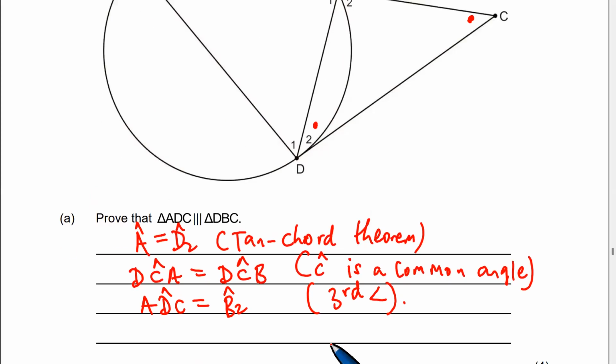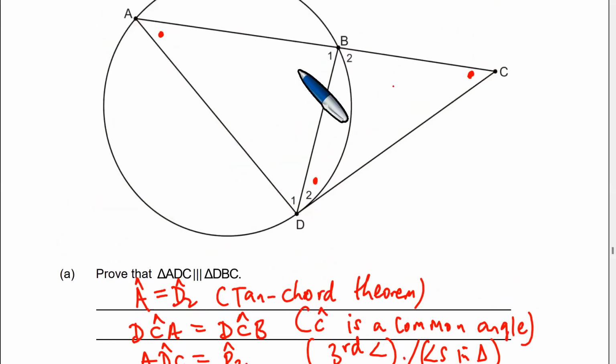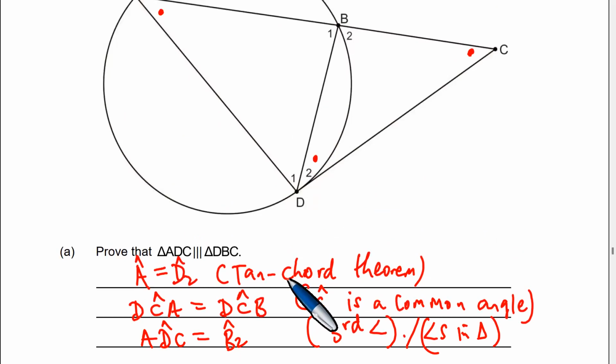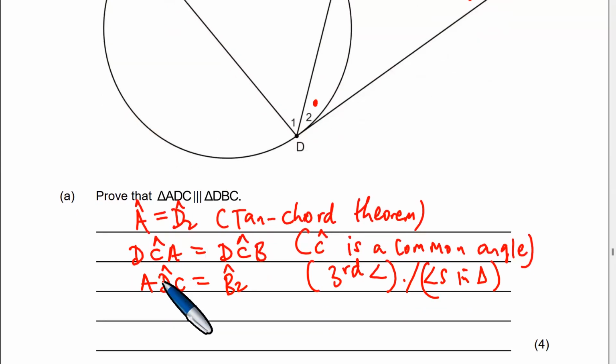So with that said, if you don't want to say third angle, you can also say angles in triangle. Because the angles in triangle, when you add them up, when the two are equal, the third angles are as well equal in the respective triangles. And therefore, now you have the angle A here. You have, for instance, moreover, the angle D, and you have the angle C. So the conclusion, therefore, is that